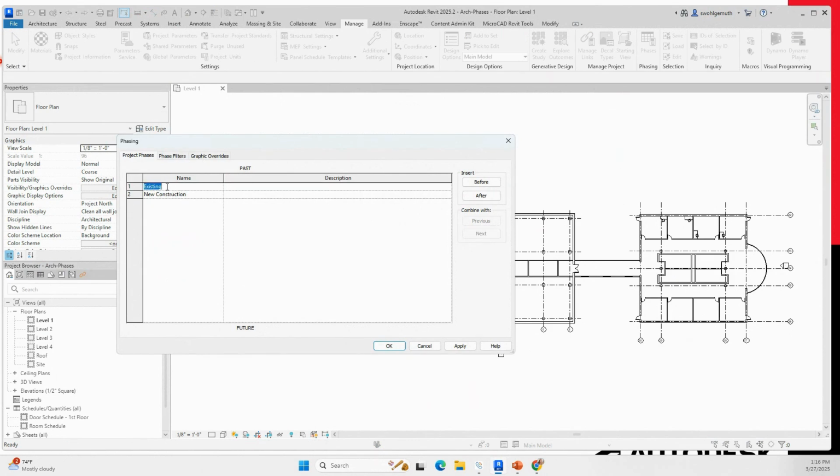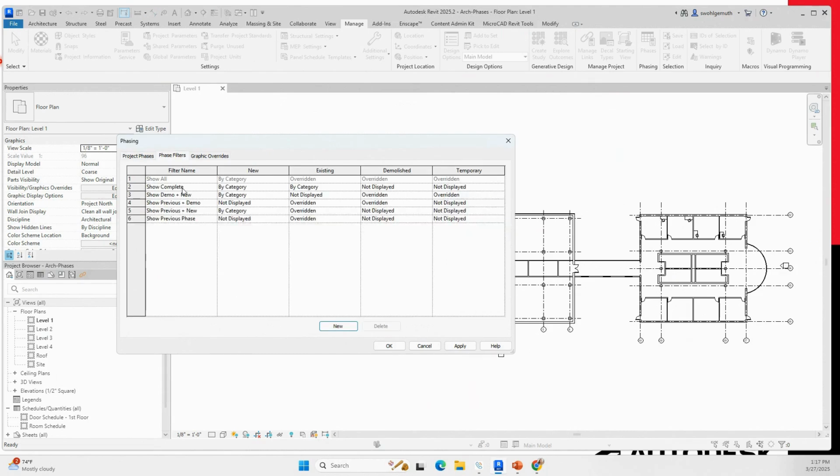Notice that you can change the names of the phases. You can also always insert a phase before or after the phase that you have in the building, in the project. So let's say that we're going to call this phase 1. And then I'm going to add a phase after, and so automatically it gets called phase 2. Okay, then if I go to the phase filters, I can choose to show complete, and in the phase